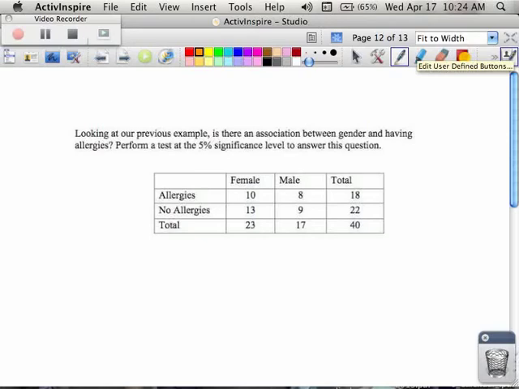So here we are back to the allergies thing. And now we're actually going to do something. Notice how they talk about a test at the 5% significance level. What does that tell me? Alpha, 0.05. Okay, so no big deal. We start out by saying our null hypothesis. So our null hypothesis is that there is no